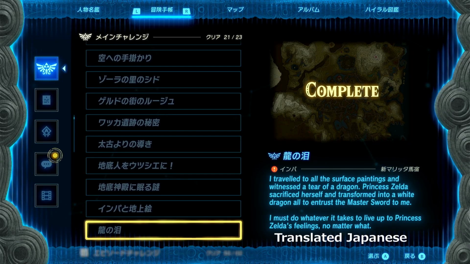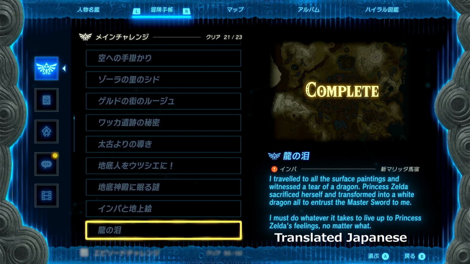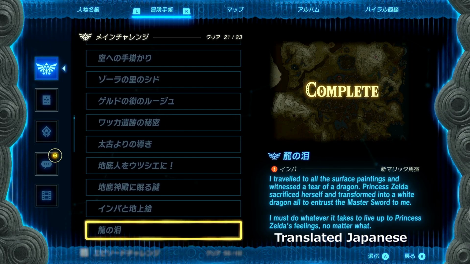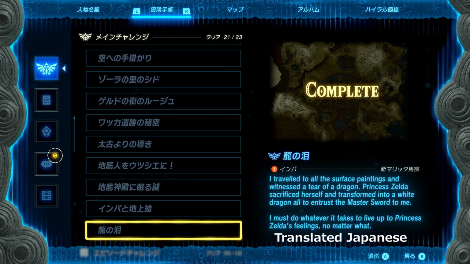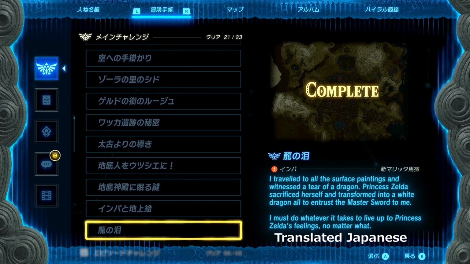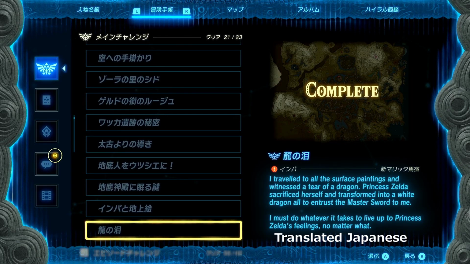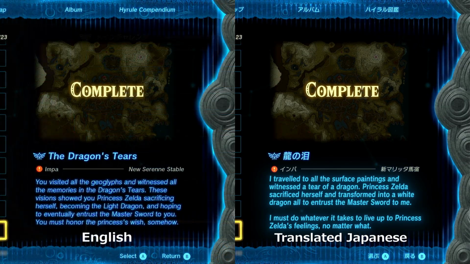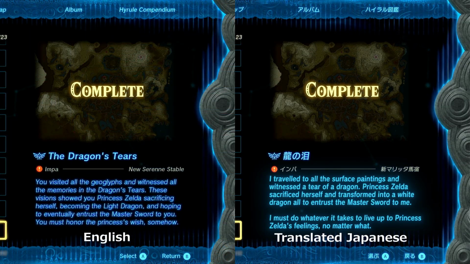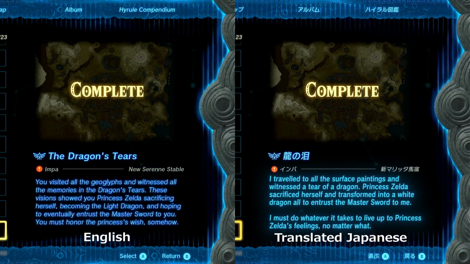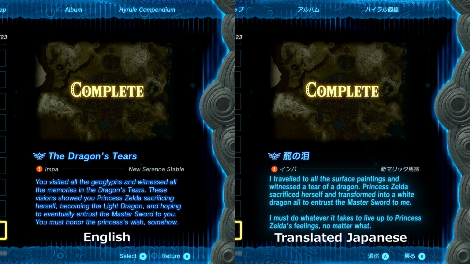Like Breath of the Wild, there is no appearance of "I" or "you" in this entry. On the other hand, unlike Breath of the Wild, Tears of the Kingdom seems to have no omitted lines of expressive text between the original and English versions. Furthermore, Tears of the Kingdom's degree of expressive language in general has been noticeably toned down compared to its prequel.